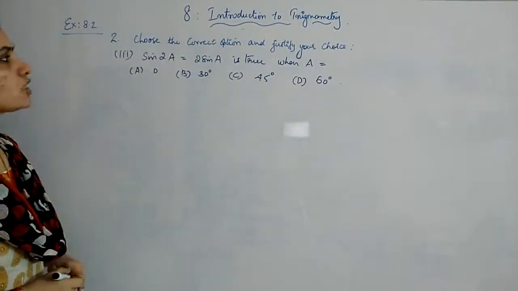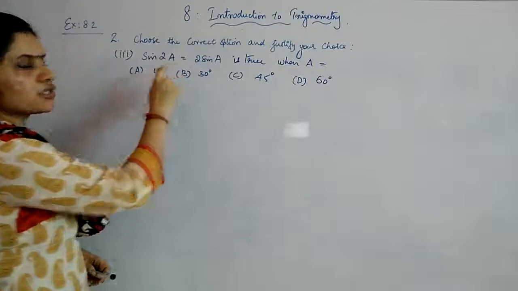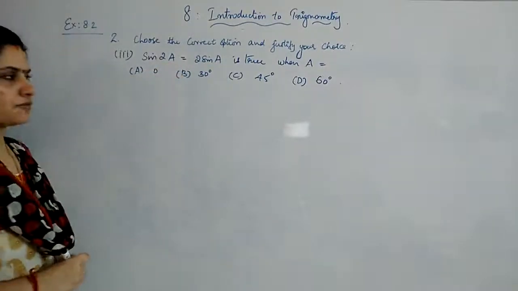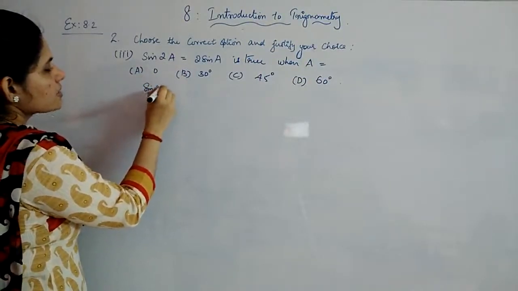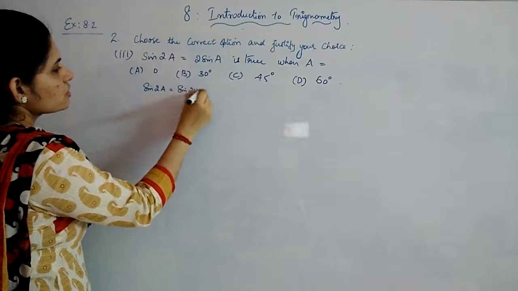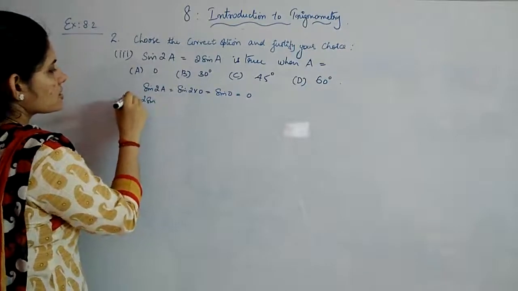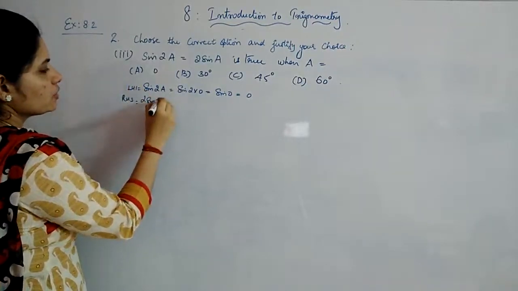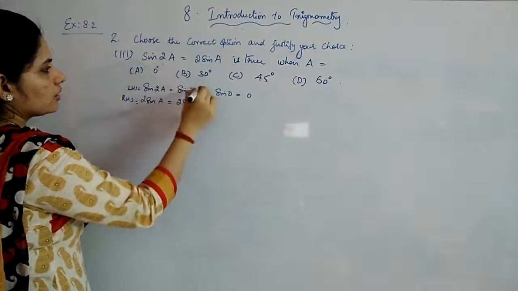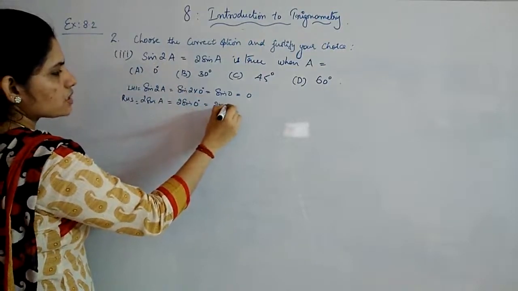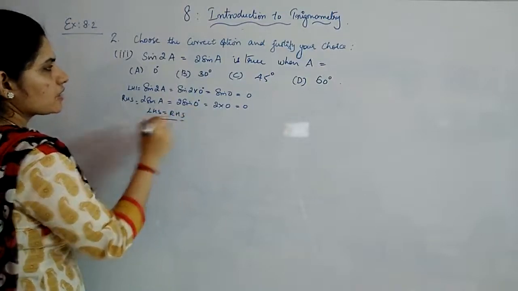Third subdivision is sine 2a is equal to 2 sine a is true when a is equal to. That means for which value of a will this be true? Will the statement satisfy? So for first we can choose 0. Left hand side will become sine 2a is equal to sine 2 into 0, which is sine 0. And sine 0 is 0, and 2 sine a, which is your RHS, will give you 2 sine a is equal to 2 sine 0, which is again 0. So you are getting actually LHS equal to RHS. Here itself you are getting it to be satisfied.